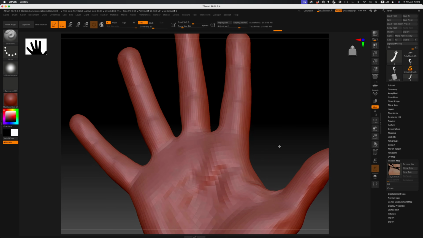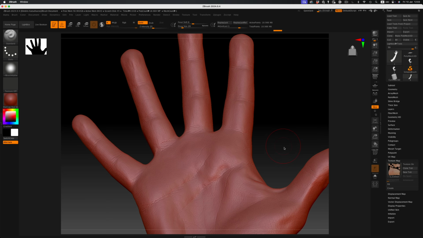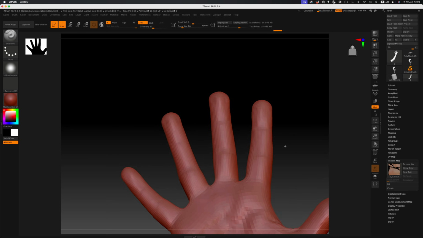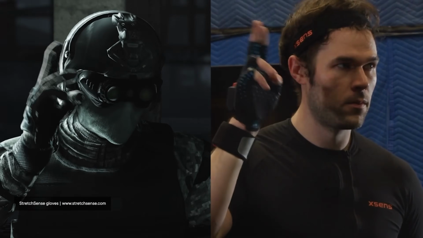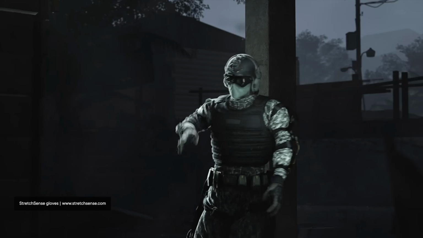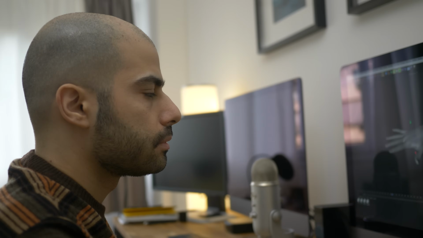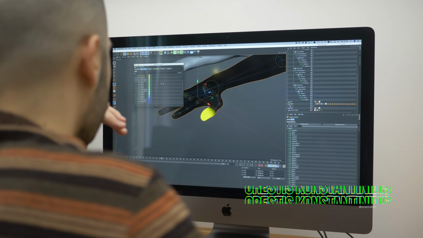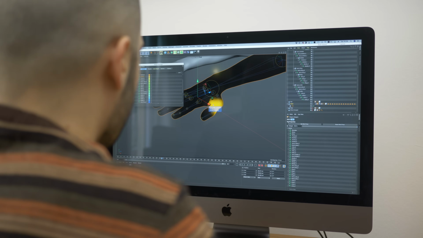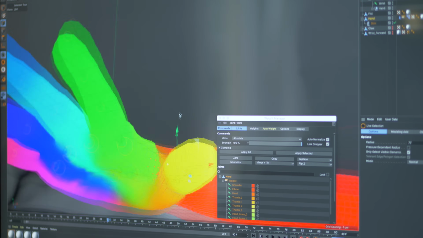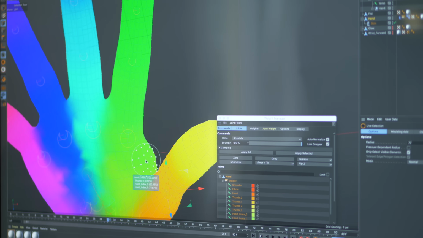As for animation, we also have different ways to approach it. We could go the high-end route and capture performance with motion capture gloves, or we could just animate everything by hand. I asked my friend Orestes to rig the hand for me so I can animate it the manual way. In the end, he not only made the rig, but he also created a cool interface that, as he puts it,